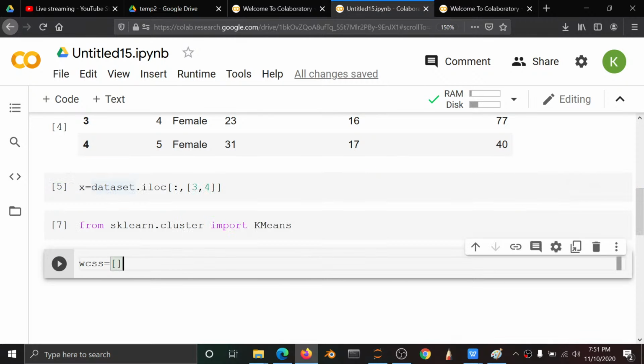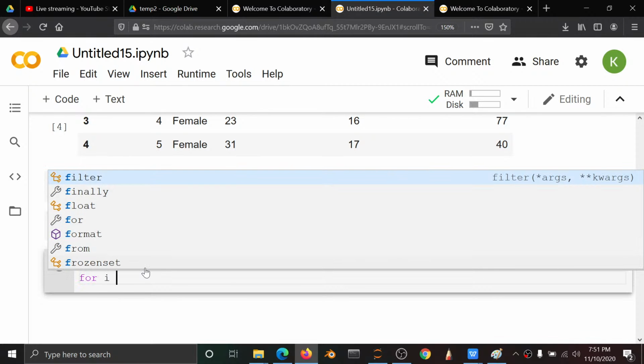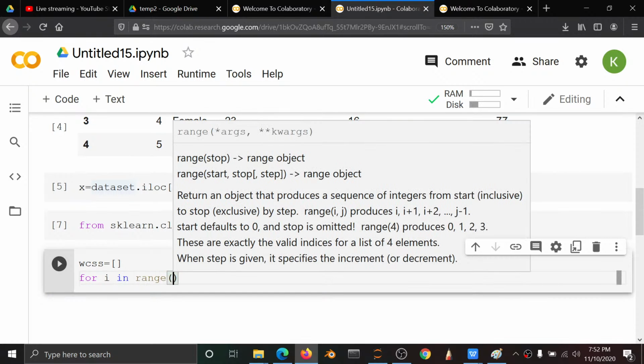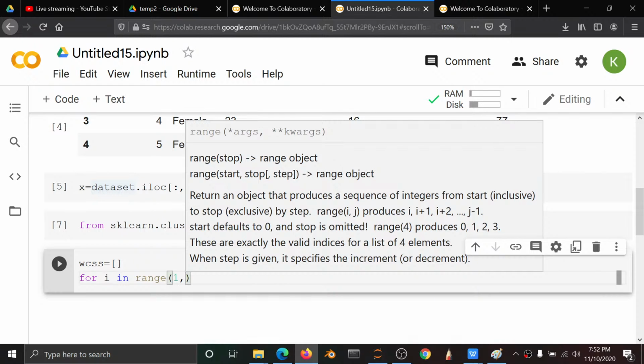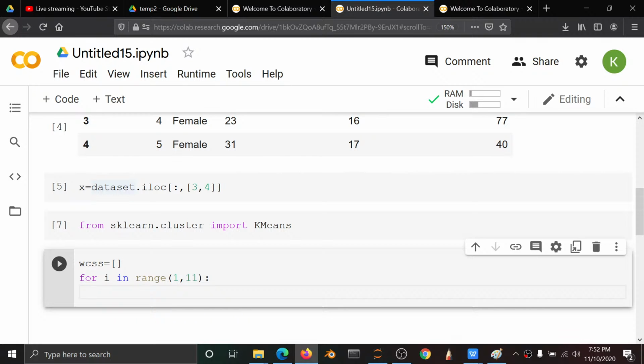I am going to create WCSS. So what is this WCSS? We already discussed that WCSS is within cluster sum of squares. We need to find the within cluster sum of squares, so that's why we are creating an empty list. In this empty list we are going to open a for loop. Using this for loop I am using a range of 1 to 10, and then I